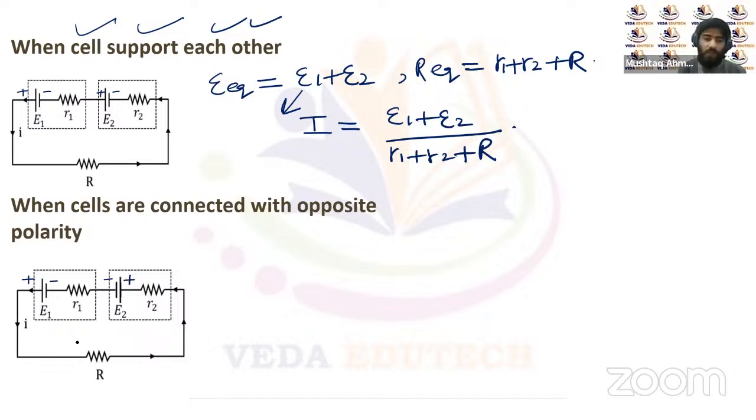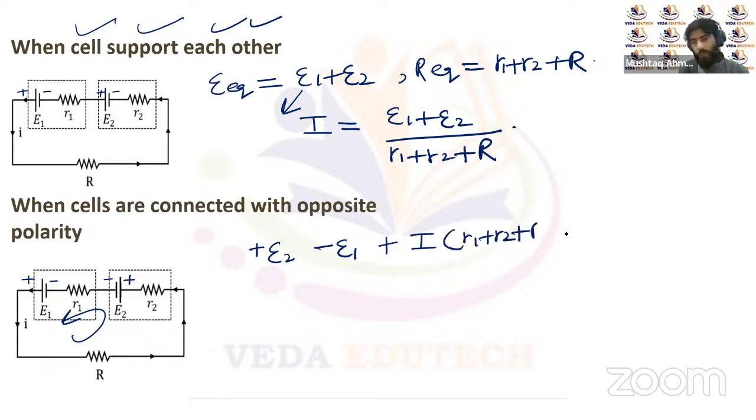If we apply KVL once again in this circuit, in this loop also, it will be plus E2 here, minus E1 here, and plus I times (R1 plus R2 plus R), and that has to be equal to 0. From here, we can see that the current I is